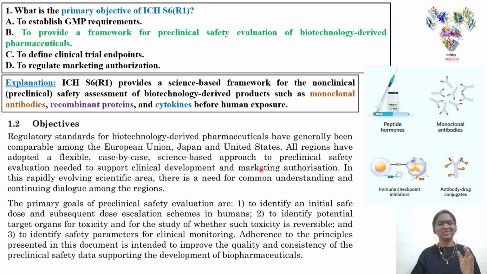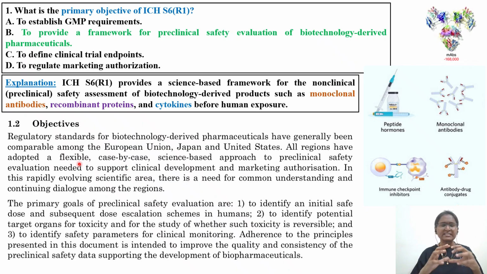Okay, coming back to the guideline. Section 1.2 discusses the objectives. This particular guideline is in harmonization with the three ICH regions, that is Europe, Japan, as well as the US. And if you look at this, a very important thing: all regions have adopted a flexible